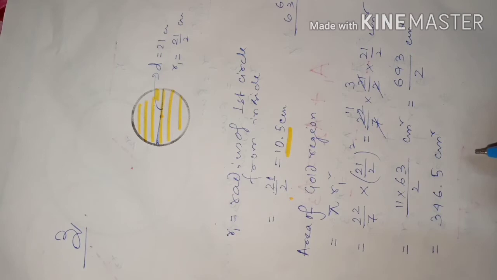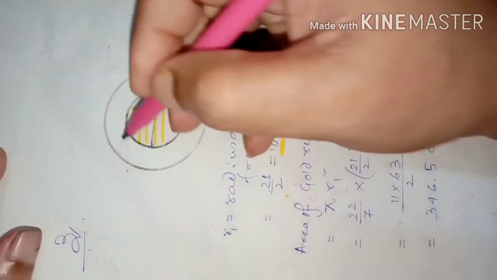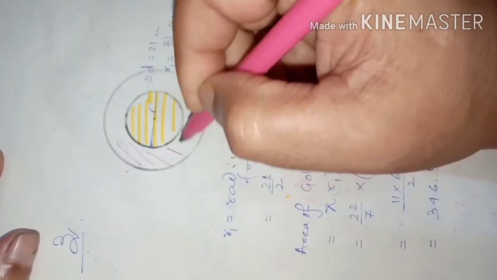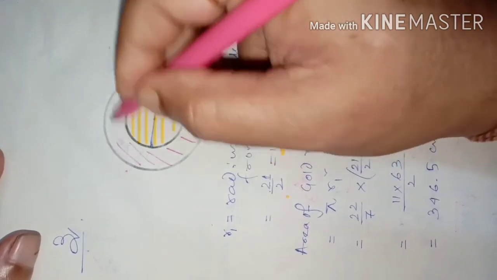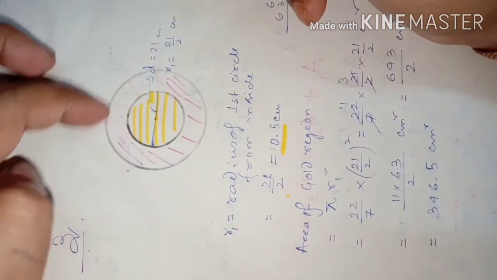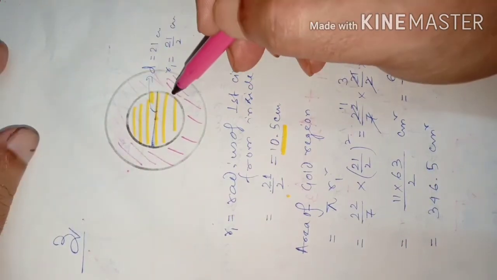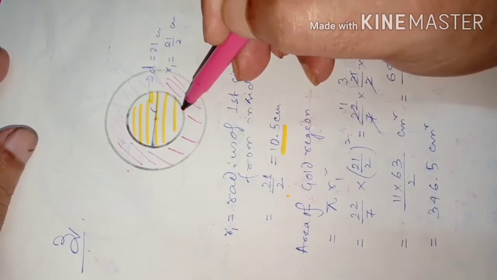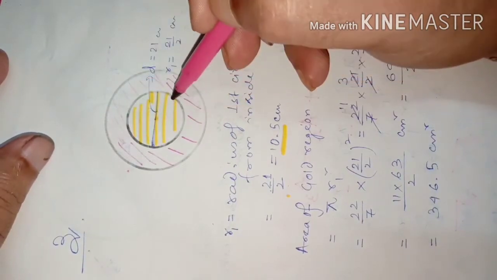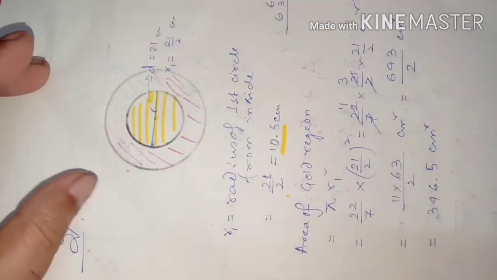First part is over. Second part, I will draw the second circle now, you see. Now you see the second circle as we have drawn, a ring is formed. This ring is the red region, so we need to find the area of this red part. We can't say that the area of the whole circle represents this area, because this is between two circles. So from the second circle's area, you deduct the area of the first circle. That will be the area of the red region.